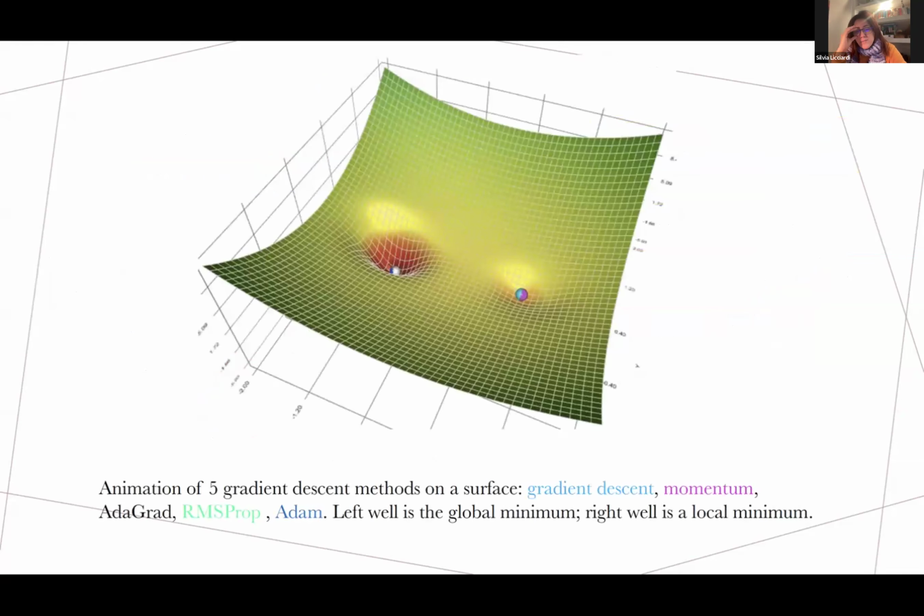I'm sorry you cannot see the animation on this slide, because you can see these different methods, gradient descent, momentum, Adagrad, and so on, represented by a little ball that goes to the minimum, local or global. It is a nice way to see how different methods can reach the goal in more or less time, or cannot reach the goal at all. Okay, I'm sorry. Go on.